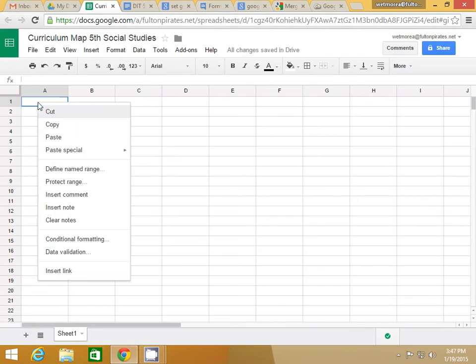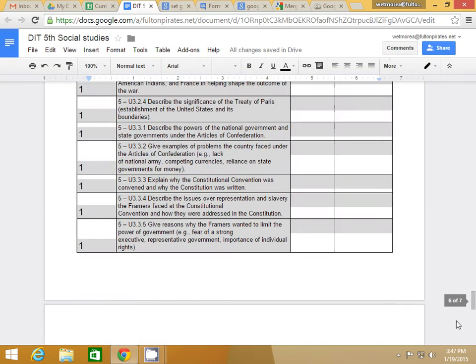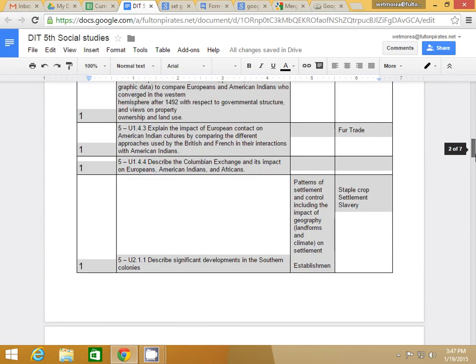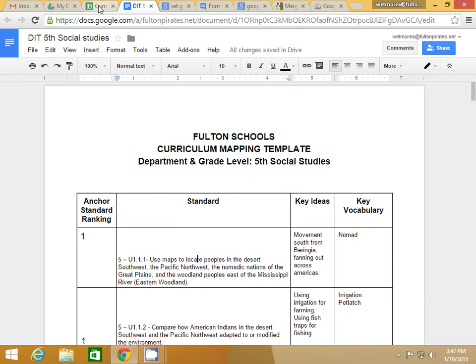From here, in the first cell here, A1, you can right-click and paste. Of course, you can always press Control-V if you're more comfortable with that. Either works fine. The problem when we do this is that the rows get all messed up, and what looks nice and pretty here gets really messed up in the width of the